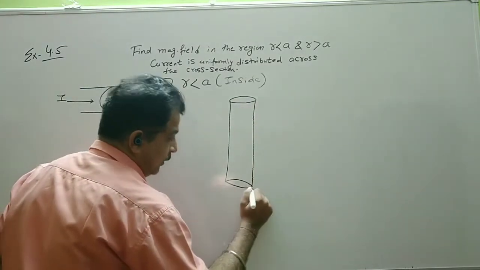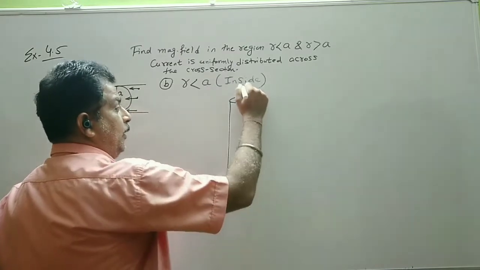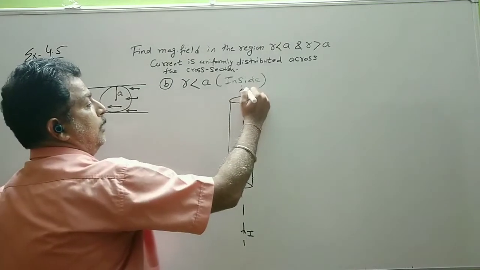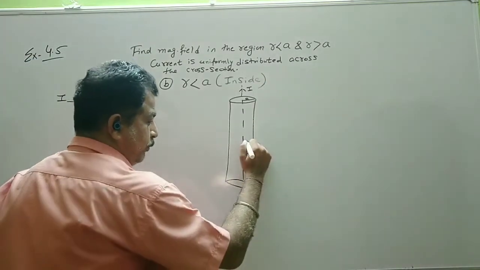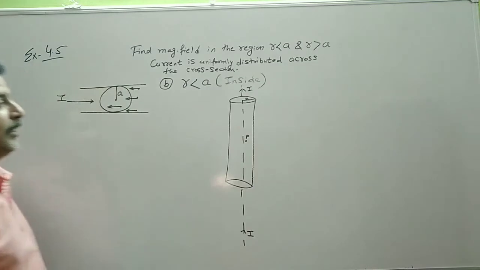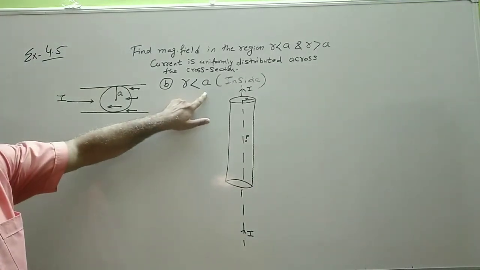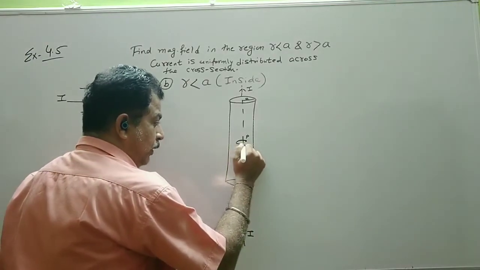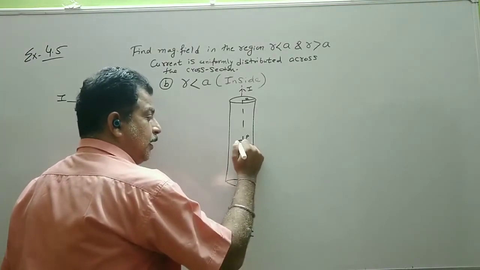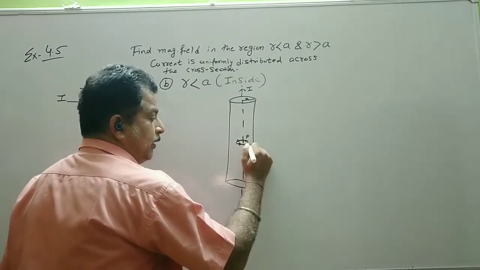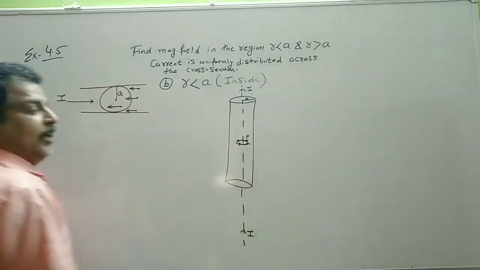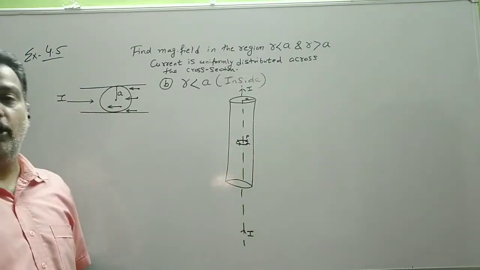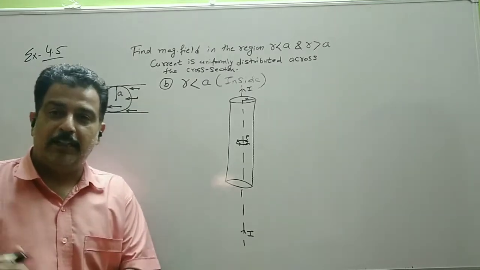Now this is a wire. The radius of the wire is a. This is the axis of the wire, current I upward. Now I consider a point inside it, that is r is less than a. Again, I draw an Amperian loop. Same procedure, again I make a line element. The magnetic field will be along the tangent, which means the theta will remain the same.